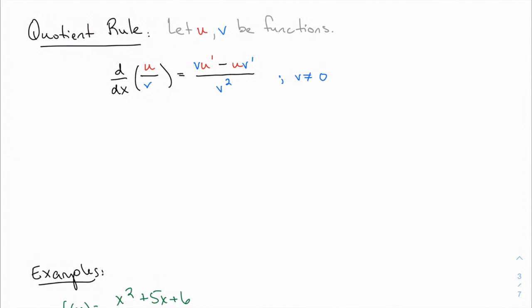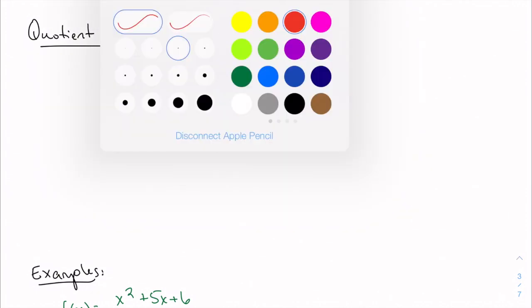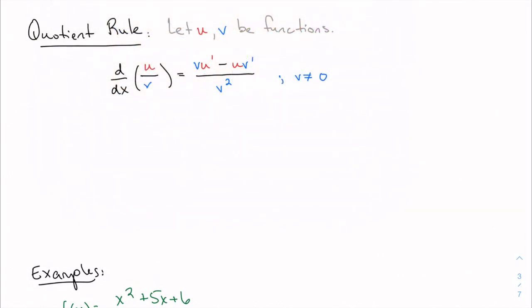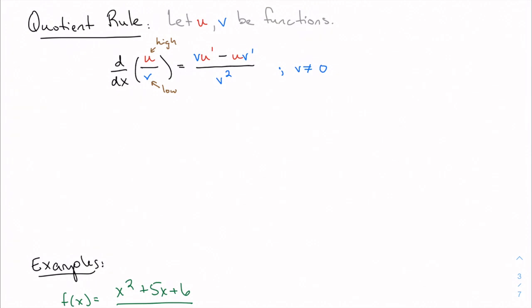There are a whole bunch of tricks to learn this. I just had it drilled in my head by rote, which is never the most effective way to learn it. But one of the ways: if we consider this the function up high and the function that's down low, we get this sing-songy rhyme kind of thing. I can say low d high, high d low, and we're going to divide by the square